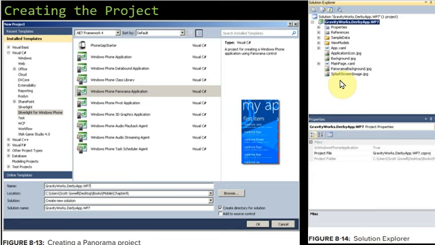Okay, next you have the splash screen image. It is a default image that shows when your app is loading. That is the image that will be loaded when you're loading your application. Next one you have is the panorama background. Here you can see panorama background dot jpeg. This is the default background that is created for the panorama apps. You can see here it is in blue color. That is the default background created by panorama apps.